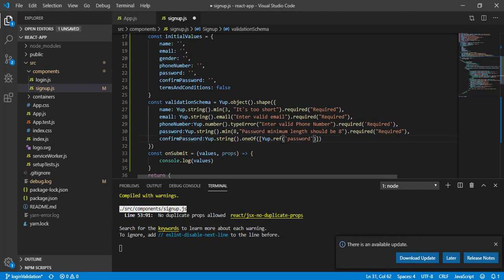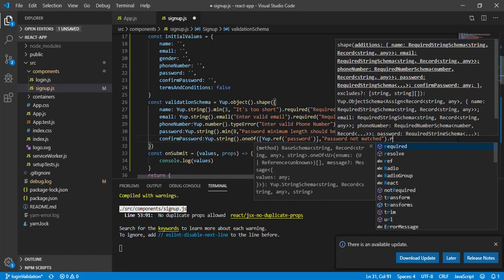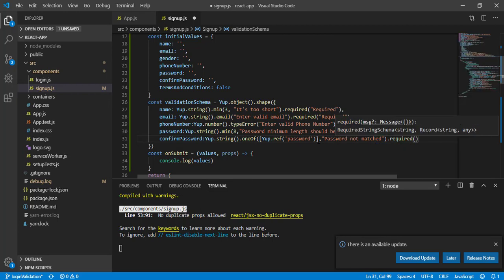What I am trying to say is that confirm password has to be the same as this password. If not, show the message password not matched. And this is going to be a required field.